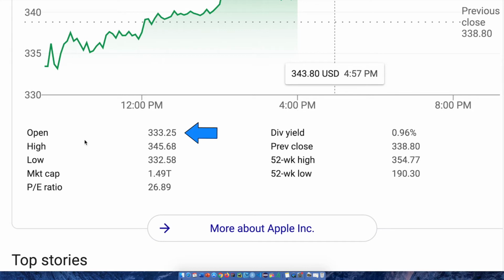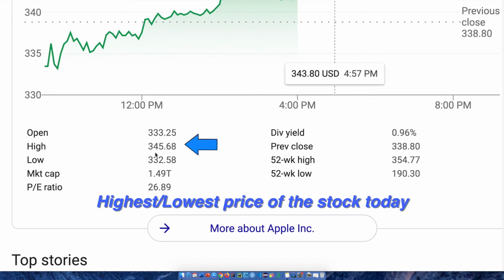What open is, is the price at which the stock opened today. So as you can see, today in the morning, the stock price of one share of Apple opened up at $333.25. The high is actually the highest price that Apple reached today during the trading day, which was $345.68. The low is the lowest price that Apple stock reached today, which was